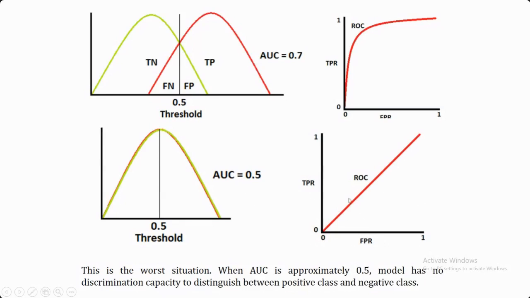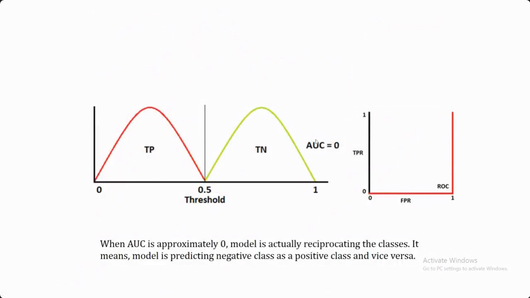And if it is going below, that means if all of the instances which were positive have been classified as negative, and all of the instances which were negative have been classified as positive. So if you are having this case, just the reverse prediction you are having. So in that case, your AUC is going to be 0, because you are not able to cover any of the area using this curve. So your AUC is going to be 0.